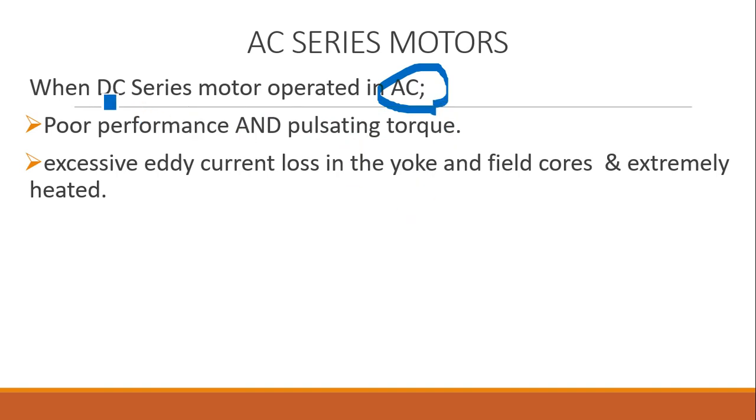In a DC series motor, inside the armature the supply is AC, but the magnetic poles get DC only. So the eddy current loss was mainly in the armature in a DC series motor, but if you are giving AC, the eddy current loss will be very high because it will be in every metal part. In DC it is only in the armature, but if you give the AC supply itself to a DC series motor, it will be excessively heated.